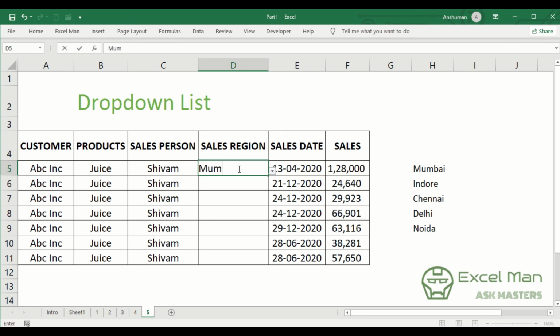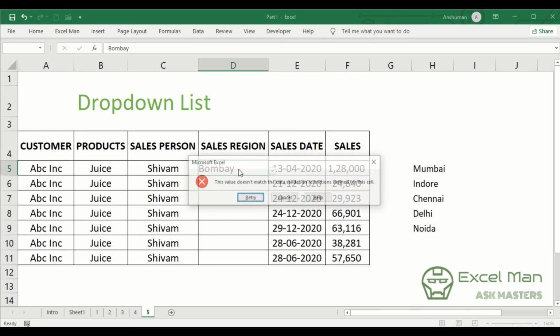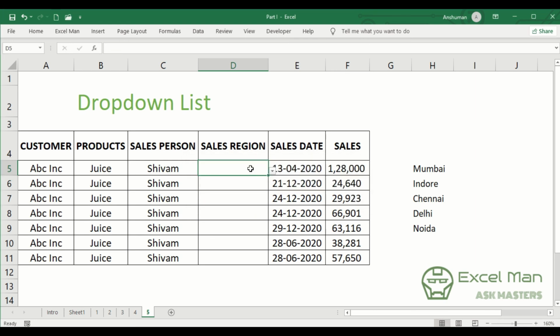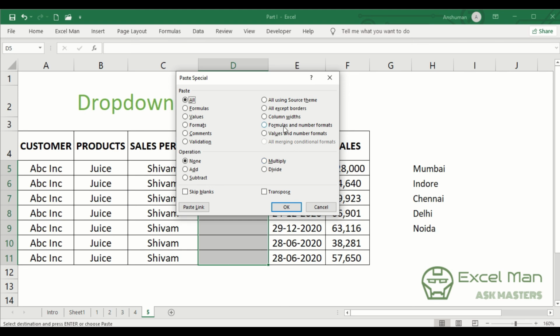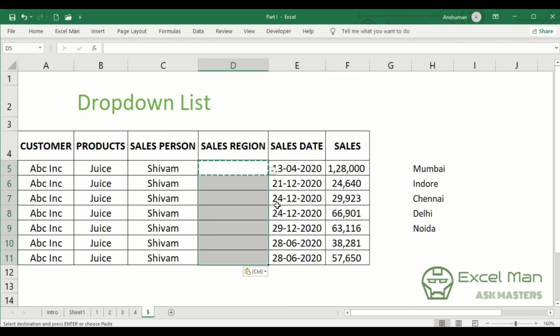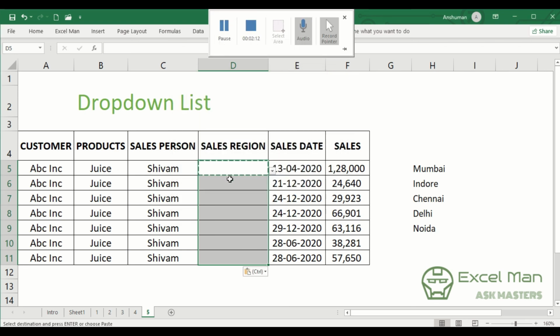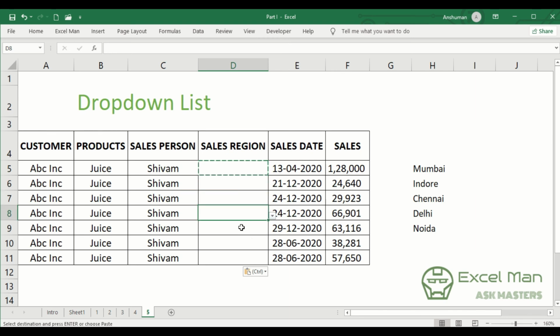Let's say that now if a person wants to use an abbreviation, he cannot do that. Even if he puts anything which is different from my entire spelling, he is not able to use it. So this will make my data very analytical. Now I simply have to copy it, select my entire data, go to Paste Special, and instead of anything else, I will simply choose Validation to paste and paste it. So now the entire data validation will be available on each of my cells, and no one can put anything else besides the data that has appeared over here. So this is how we can use the drop down list in Excel to reduce errors and to make our data analytical.